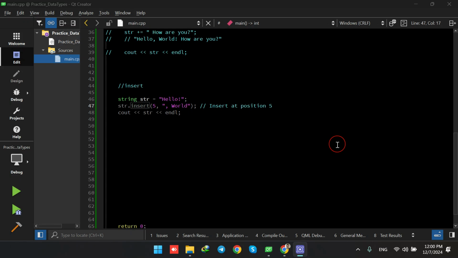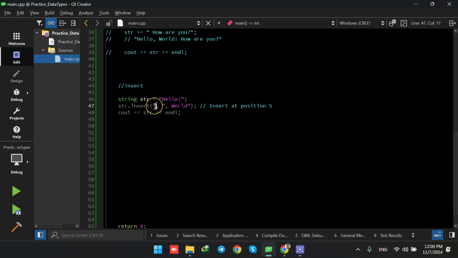Welcome back. Now we would like to use the insert function in C++ for strings. Initially, we initialize one string called str and it is hello. We would like to insert one string into the initial original string, and when we call the insert function within parentheses, there is one comma. So there are two arguments to be mentioned here. First, the position that we would like to insert,